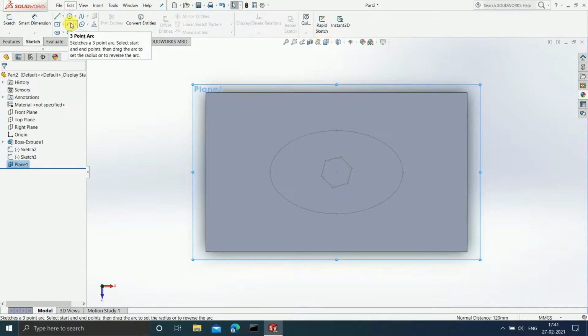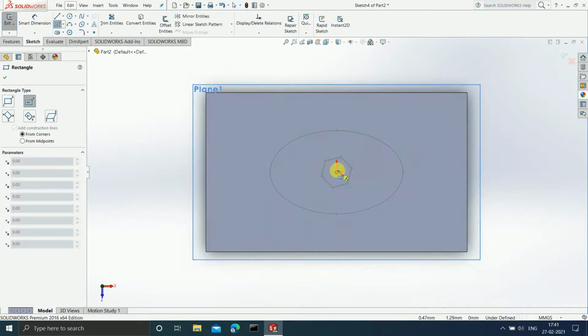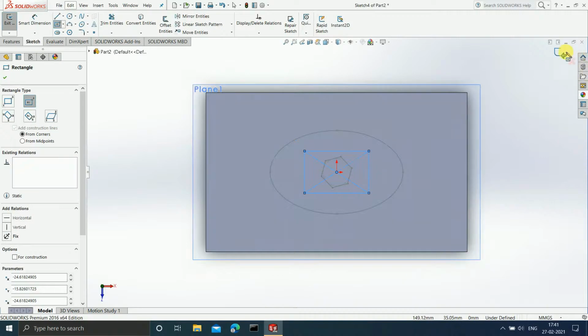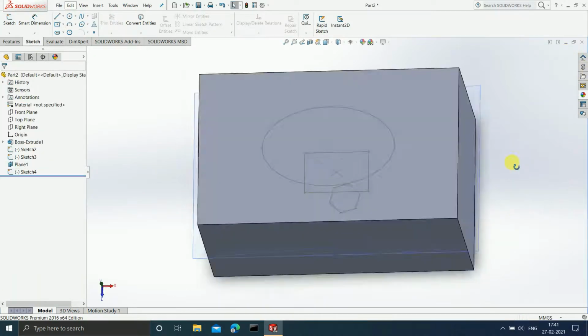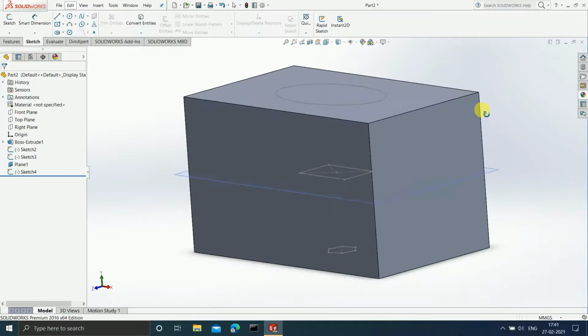So I think that we must draw a center rectangle. Any sketch is valid. I am just showing you some examples. Okay, so once this is done, now just exit the sketch. Can you see, guys? Now we are having 3 sketches, and all the 3 sketches that we have drawn are present on 3 different